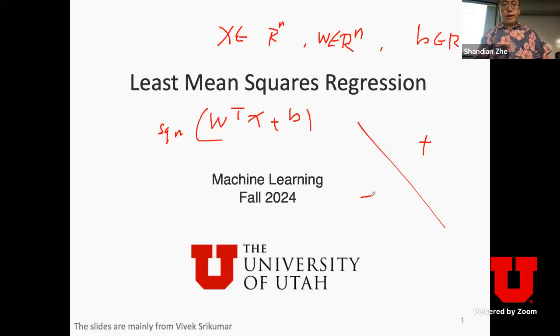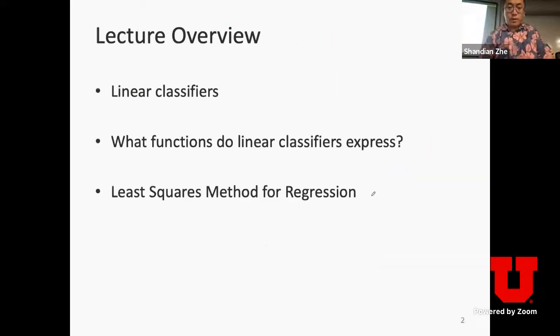Okay, so today we're gonna start looking at specific learning algorithms for linear models, right? Because linear classifier is a large topic, we're gonna start with linear regression, which we call least mean square regression, because for linear regression, the typical learning approach is just gradient descent or stochastic gradient descent. So we're going to start with linear regression, and then we'll proceed to several classical linear classifier learning algorithms. Okay, so